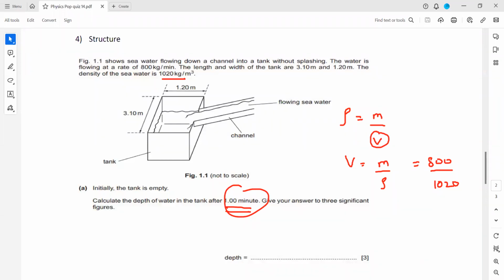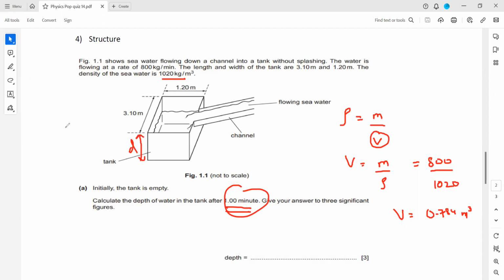800 divided by 1020 is 0.784. So this is the volume of the water. The unit of density is kilogram per meter cube, so the unit of volume will be meter cube. Now we have the volume. To know what the depth is here,